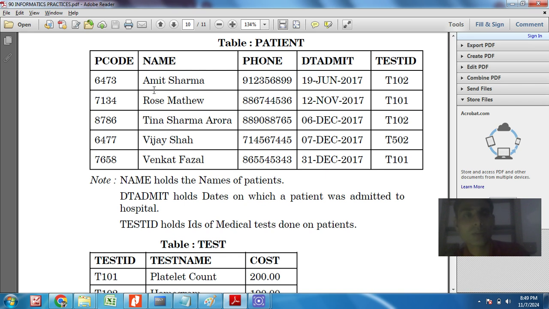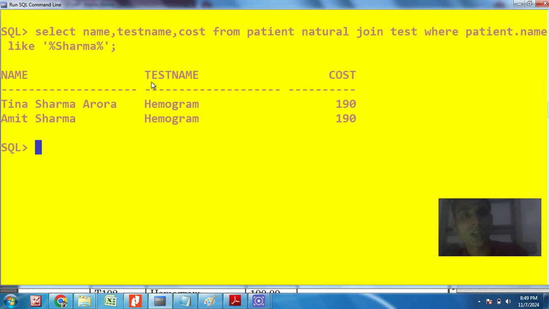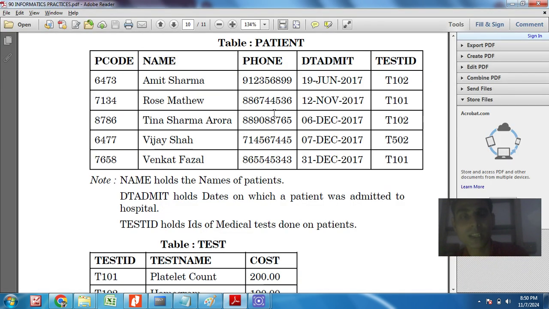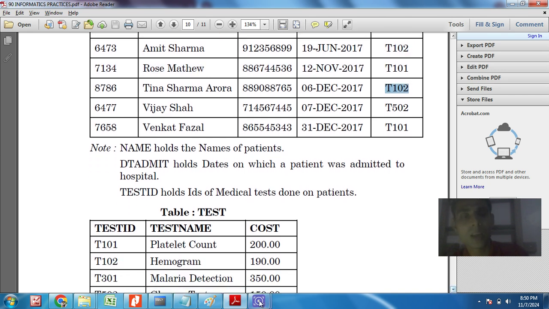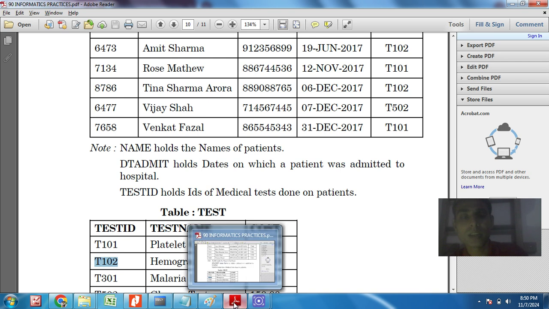Their test name is hemogram and cost is 190. Both are using T102, and T102 means hemogram. So this is the answer to our second question.